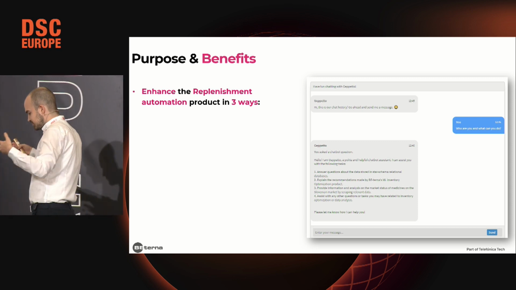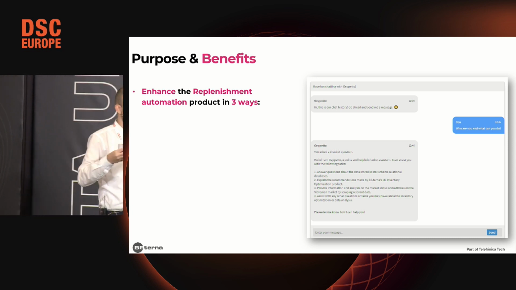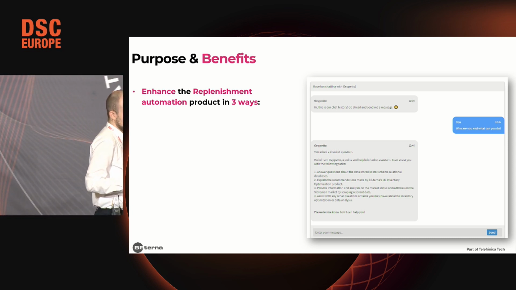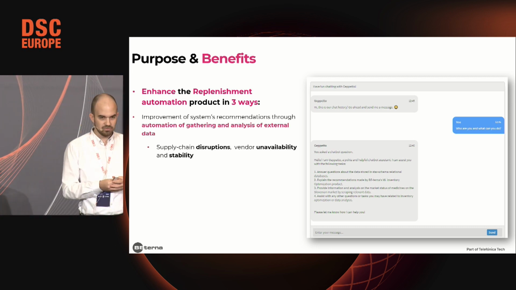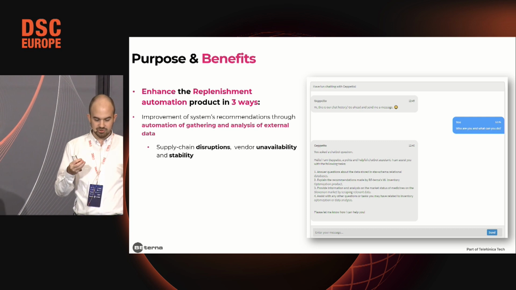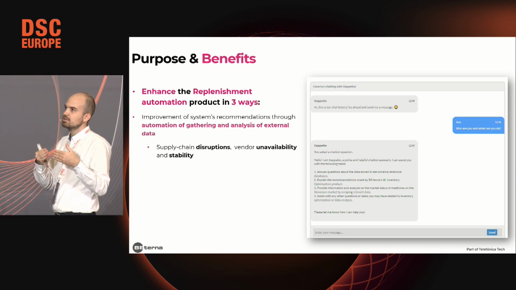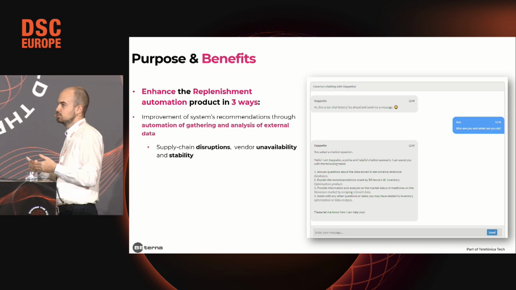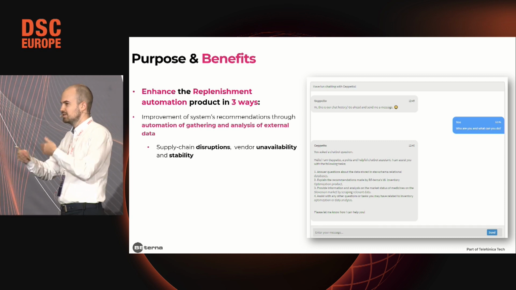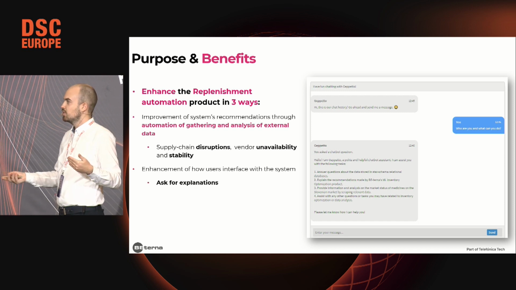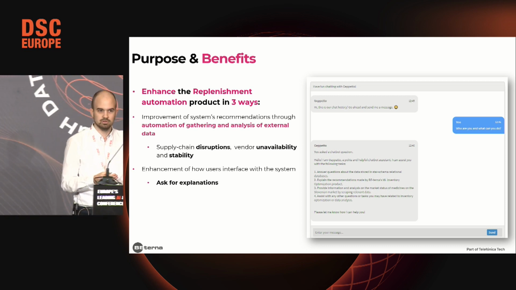So after we said where we are applying GPT in our architecture, how does this actually enhance our product? From three points. First, since there are disruptions in the supply chain, you have much better adaptability. If, as I said, a supplier doesn't have an item in stock, you have a much easier way to adapt to that. The next thing is that you are making easy explanations for the end user